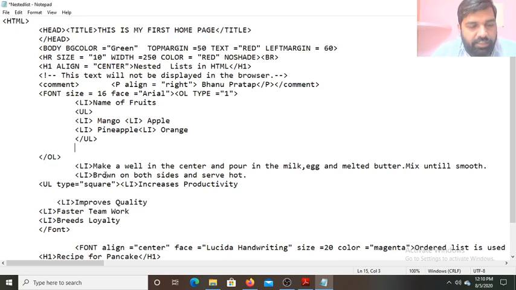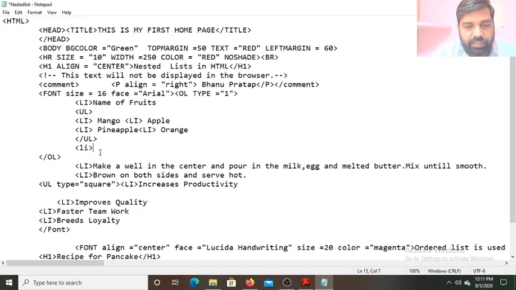Here we can write the heading. As you can see, in the unordered list is written increases productivity, quality, faster teamwork, breeds loyalty. All these things are written in the unordered list. So here we can give the heading, good qualities.